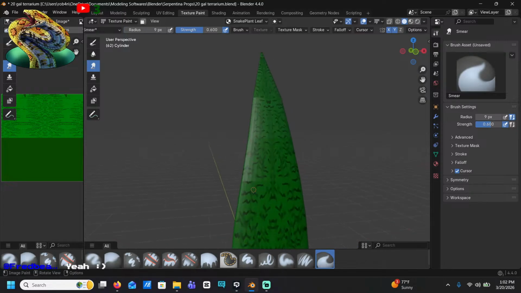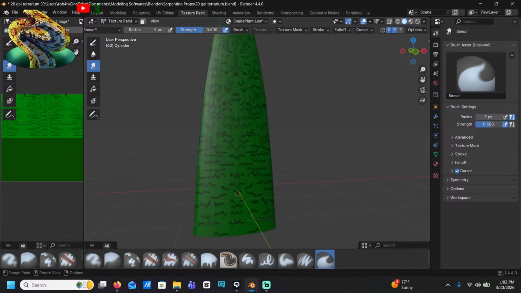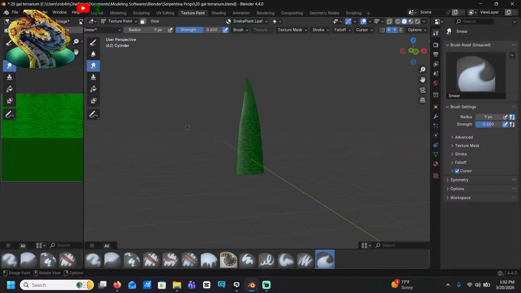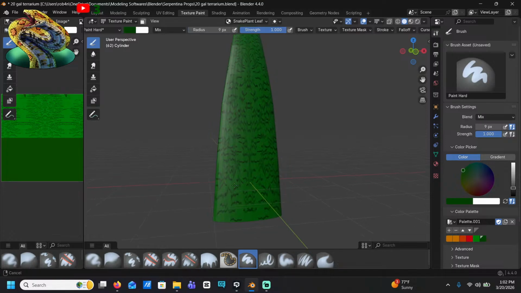Yeah, snake plant looking plant. Honestly, I think I made the green just a little bit too thin. You make it less thin.